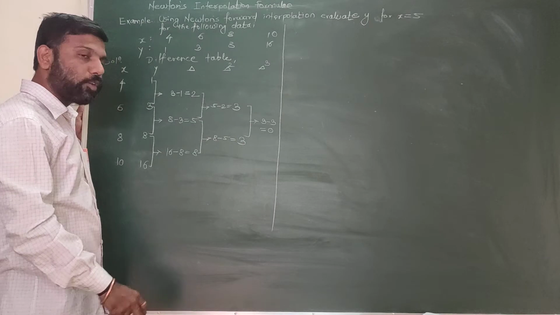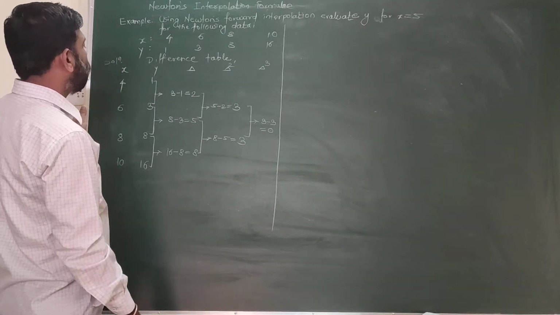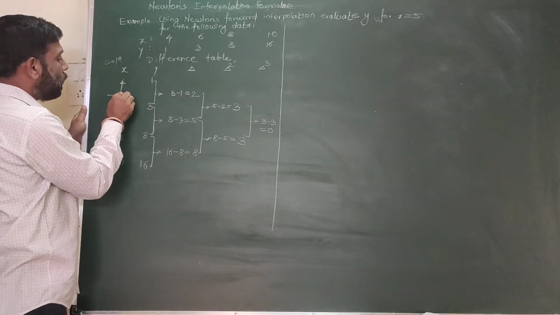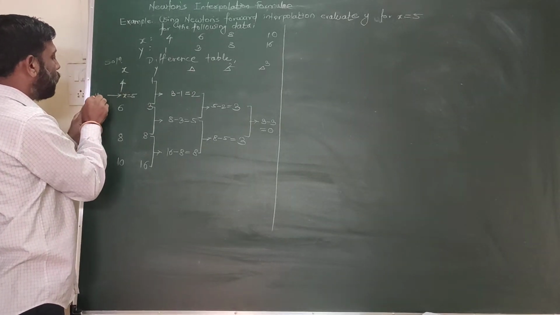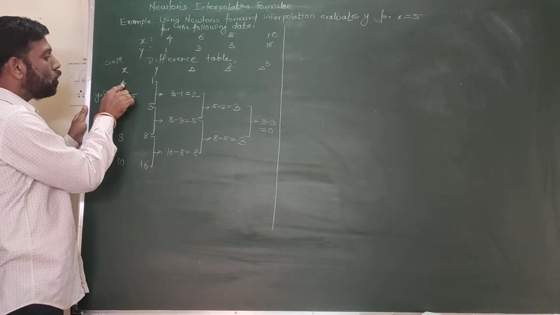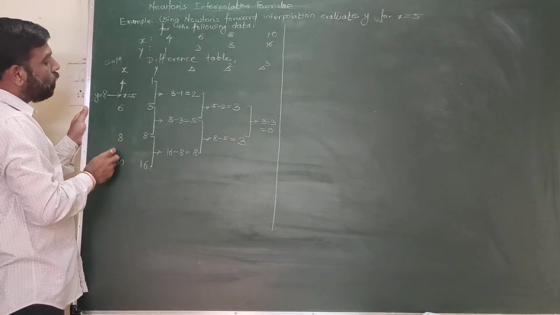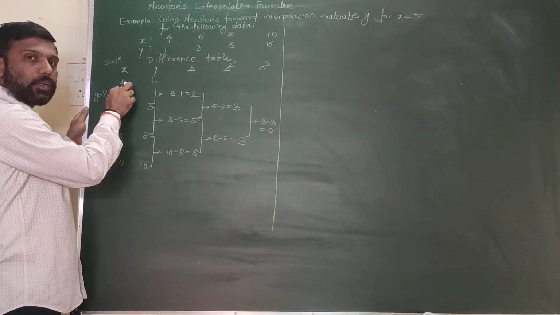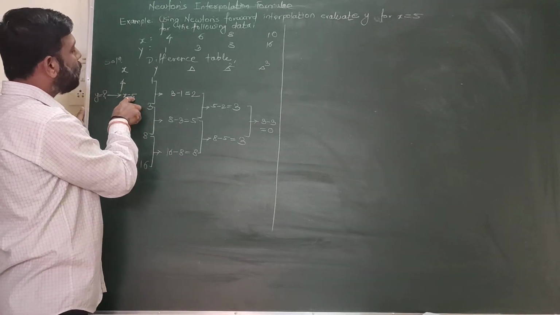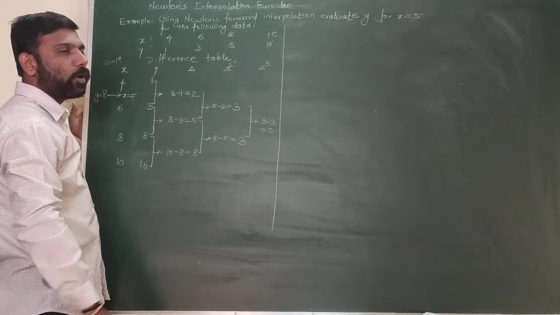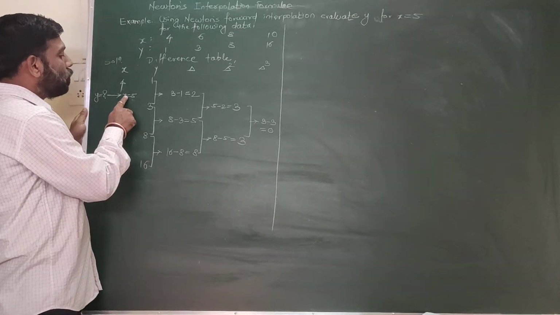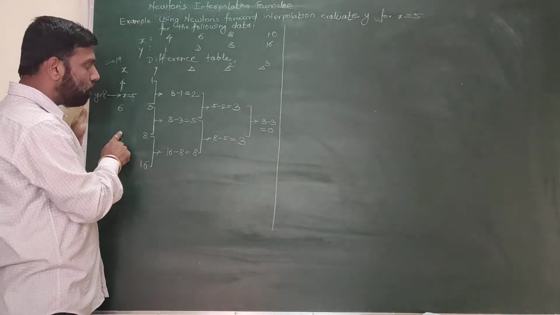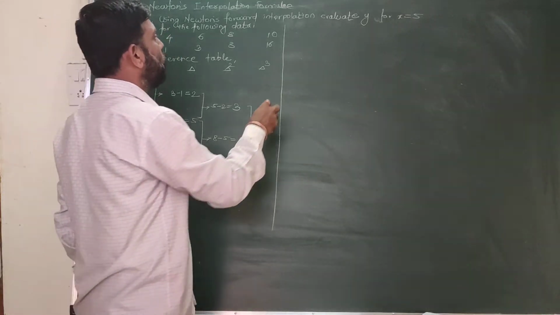Now next we have to perform Newton's forward interpolation. Now see here what value we have to find out. The value of y at x equals 5. This we have to find out. Now 5 belongs to this interval 4 and 6. Now there are 2 central values, 6 and 8. The value which we are discussing, x equal to 5, is above these, so it is above the central values of the table, so we are using forward interpolation.